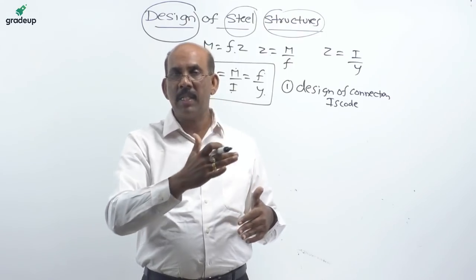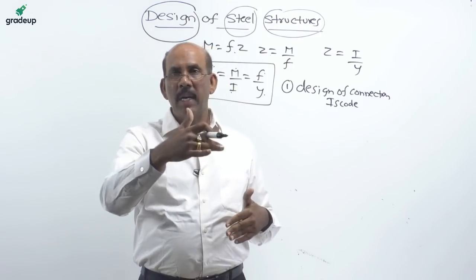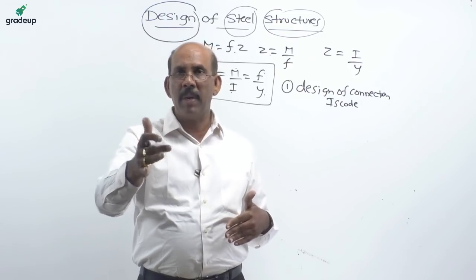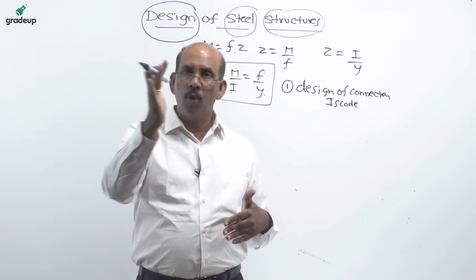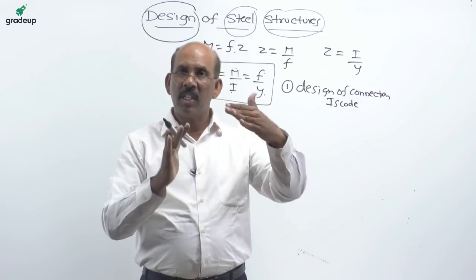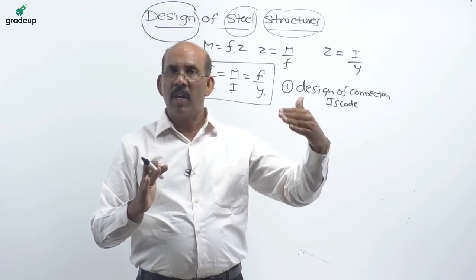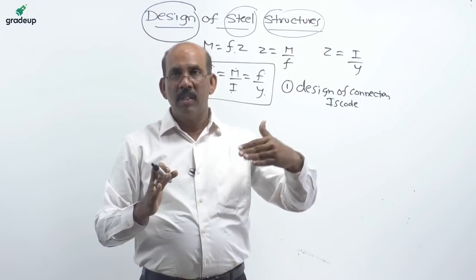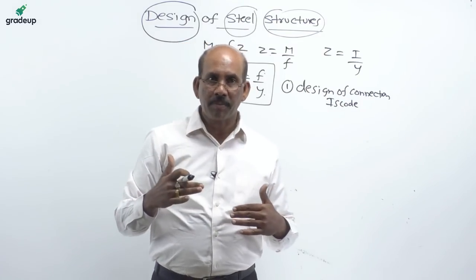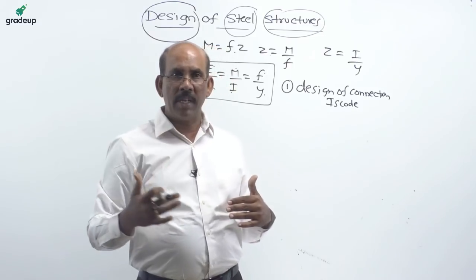So this is the syllabus, and the remaining is nothing but the eccentric connections and the beams as well as the tension members and compression members, roof trusses, and as well as the plate girder. These are the topics of the syllabus for your RRB and JE and as well as SSC. So coming to the next question,